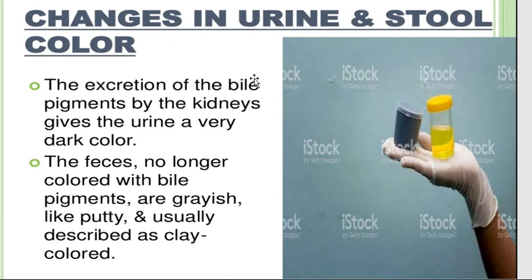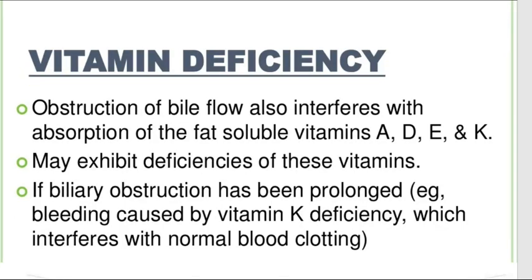So this is about the changes in the urine and stool color. What happened? The excretion of bile pigment by the kidney gives the urine a very dark color, and the feces is normally brown, but there is no bile, so the feces is a clay color. So when there is obstruction of bile flow,